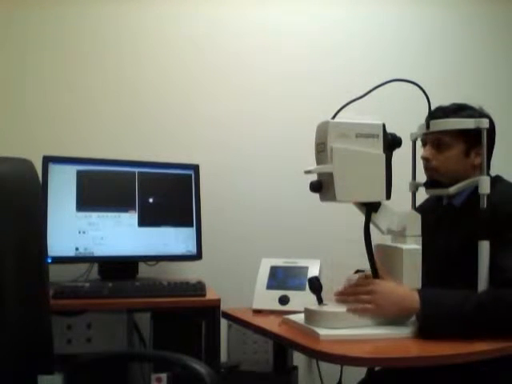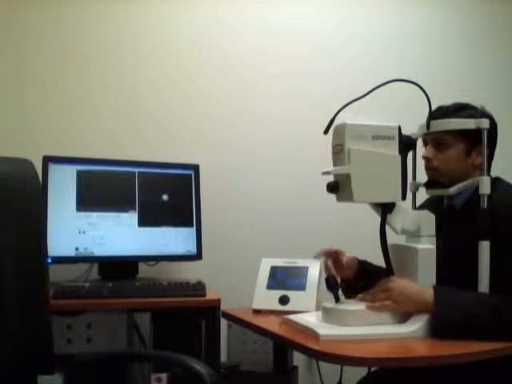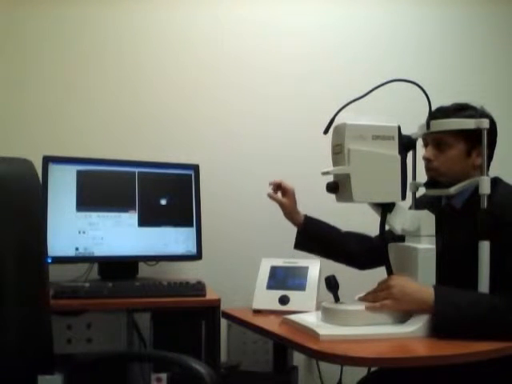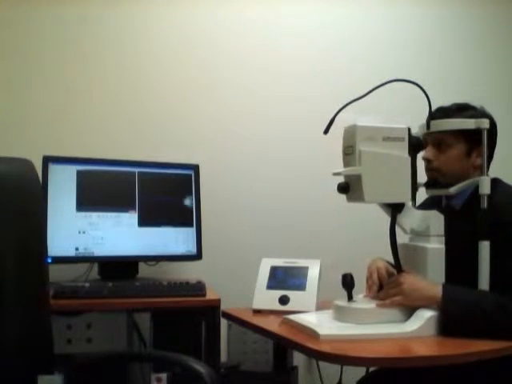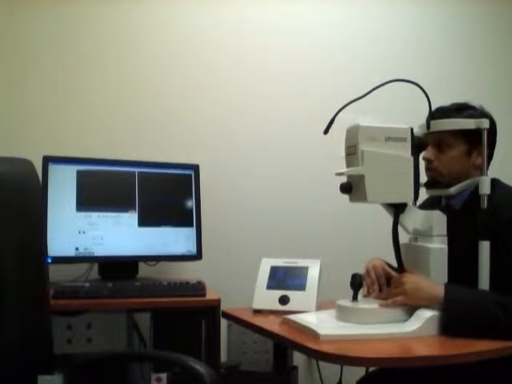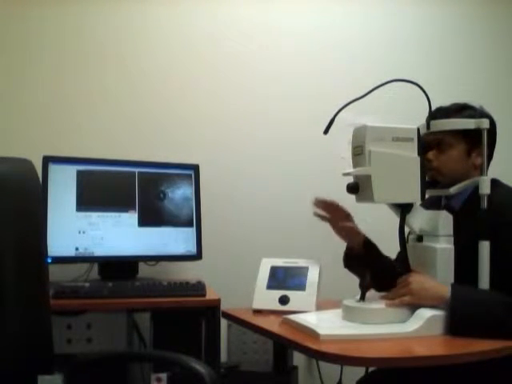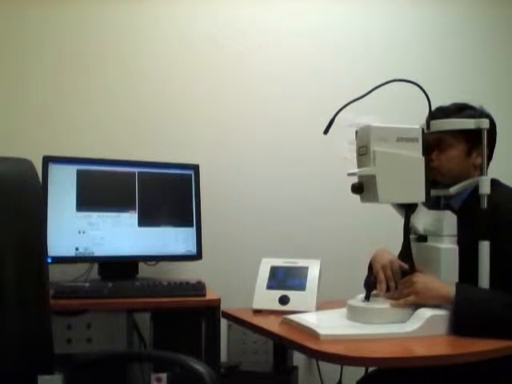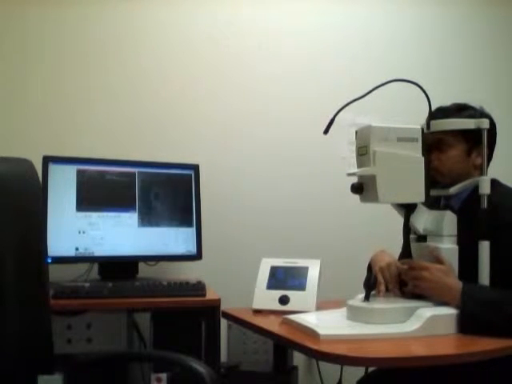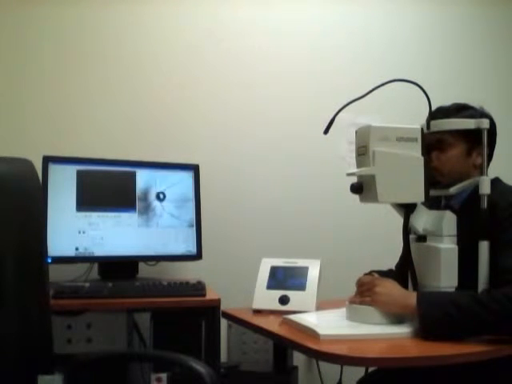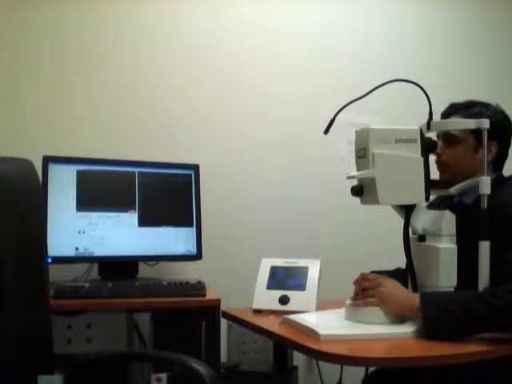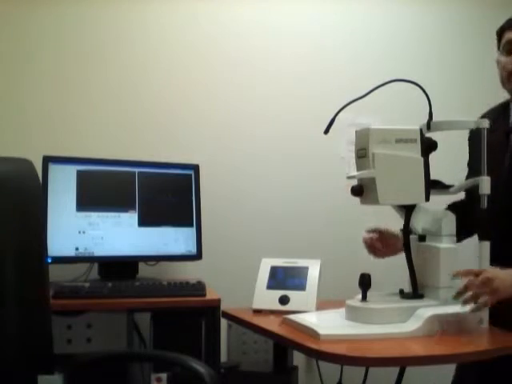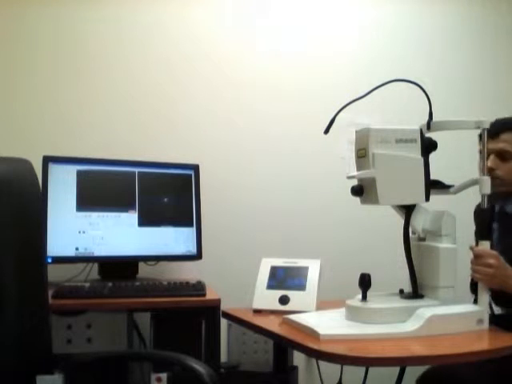Okay, now it is coming forward. Make sure you bring that white circle in the middle. It is our direction that we are in a good direction. Okay, now you can see the image appears in one box. Now it is going to appear in the other box. I want to change one thing. Okay, yeah, that is good. I want to make sure that we have a line image.